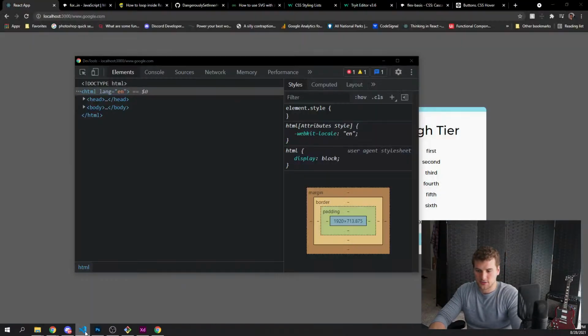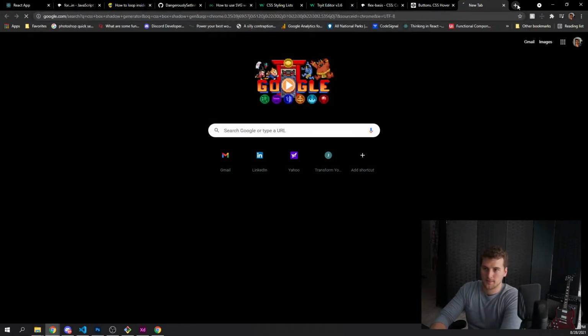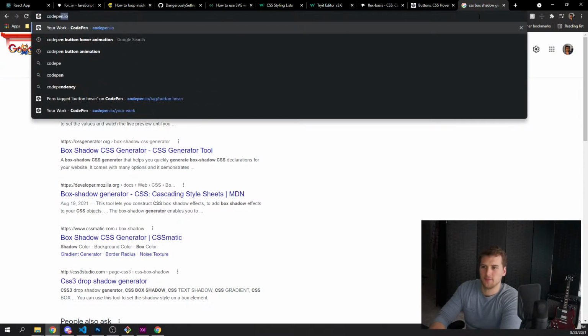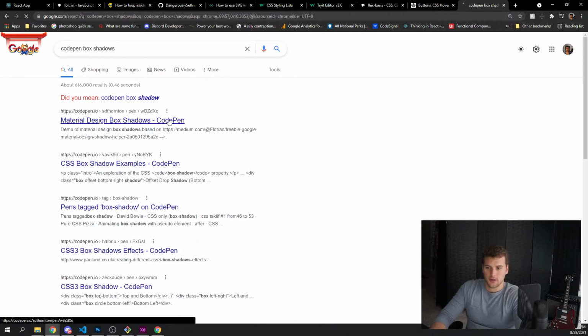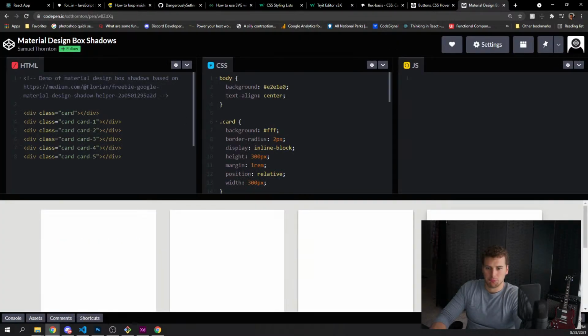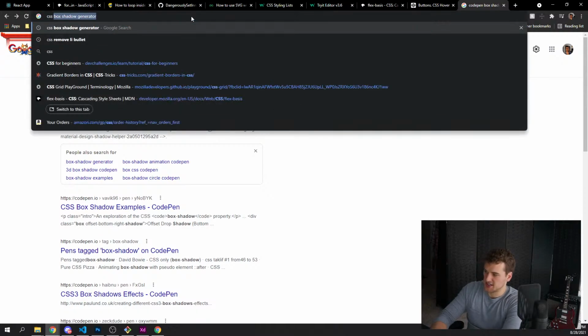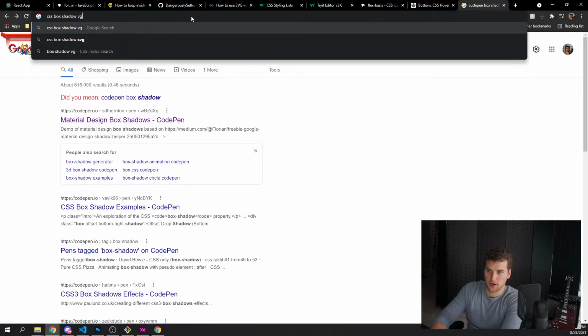And then also, this looks super flat, so I want to go to a CSS box shadow generator. Oh wait, are there cool box shadows? If we get a CodePen box shadows. Oh yeah, those are Material Design box shadows. I'm gonna make my own. So CSS box shadow generator.